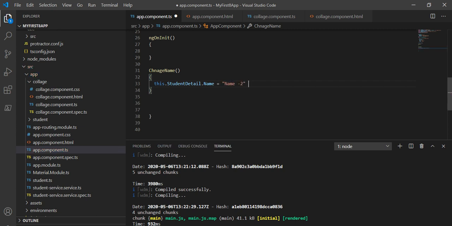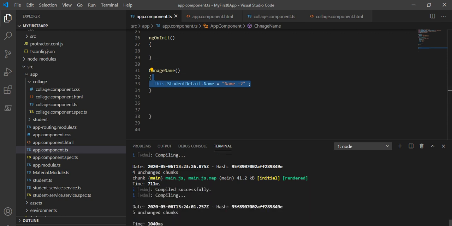2. So what will happen here is this change reflects to all the child components, and it gives a performance issue to the Angular application. So to overcome this problem, we will use the change detection strategy. So let's see how it will work. Now what I did in the parent component is I'm going to change the property of this student detail, and it will change it in all the child components. So let's save it first and see on the browser that on the button click, this property will change.